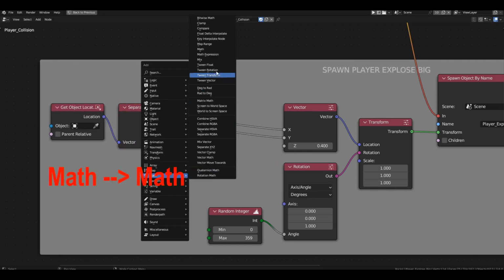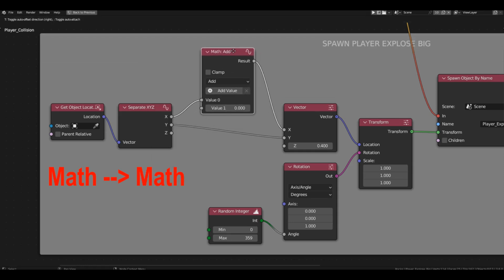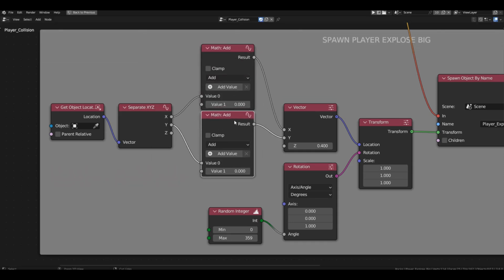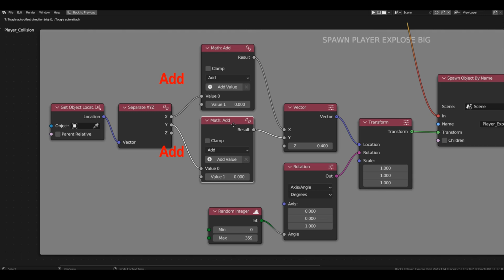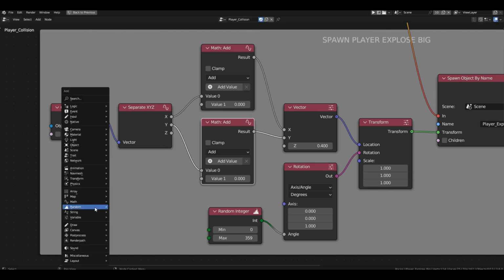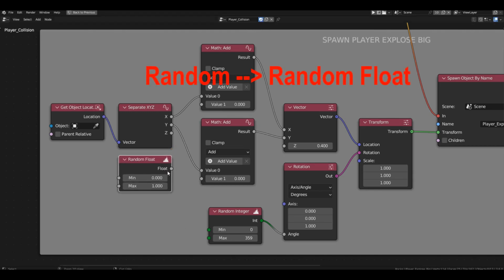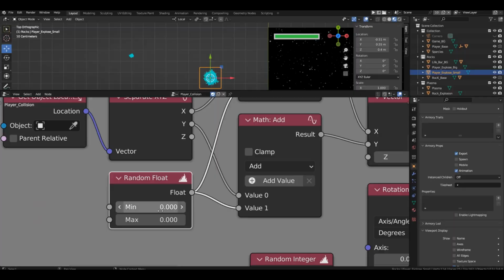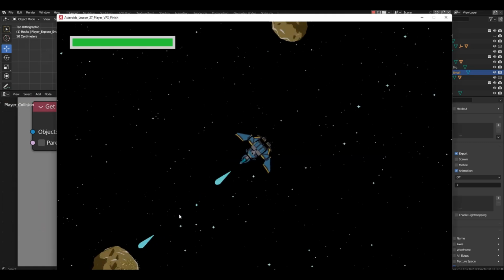Get two math blocks and connect them to the x and y axis. Leave both blocks in addition mode. Add a random float block and connect it to both math blocks' second inputs. Set the range from -0.03 to 0.03. Now, it looks much better.